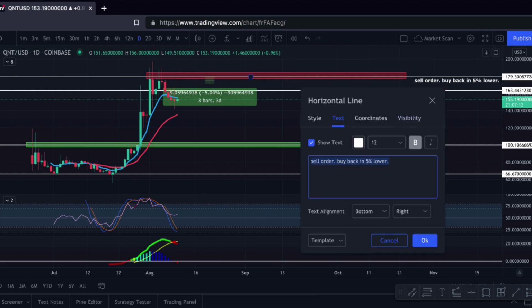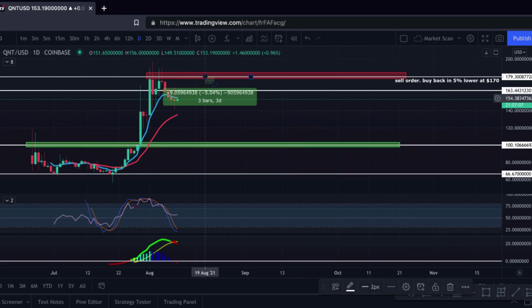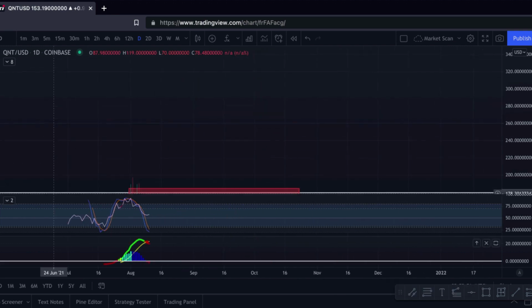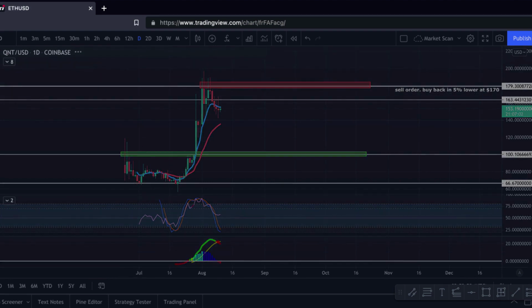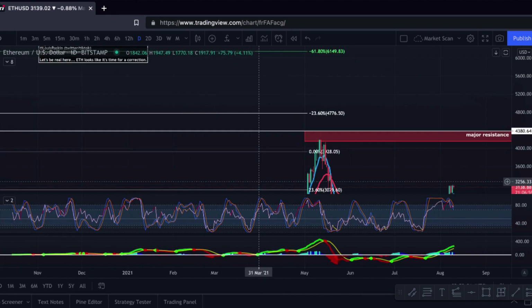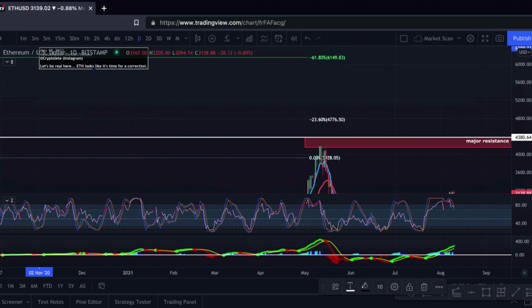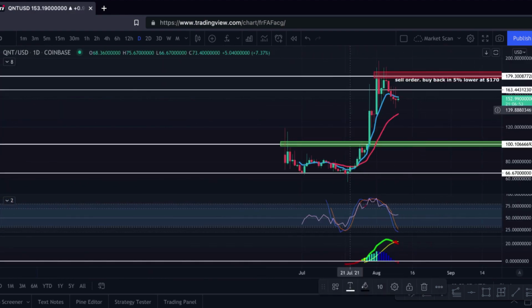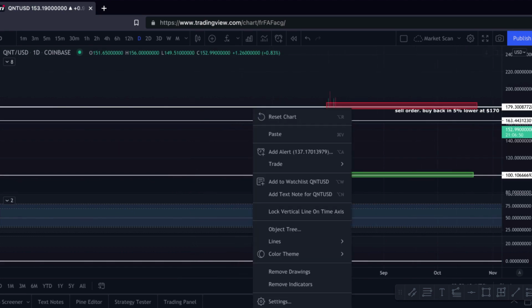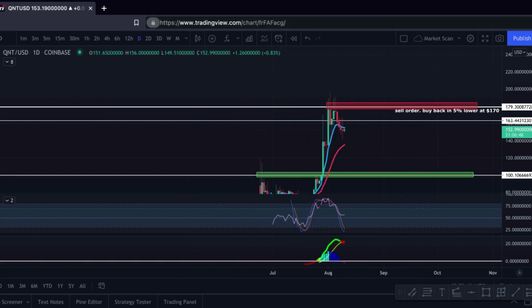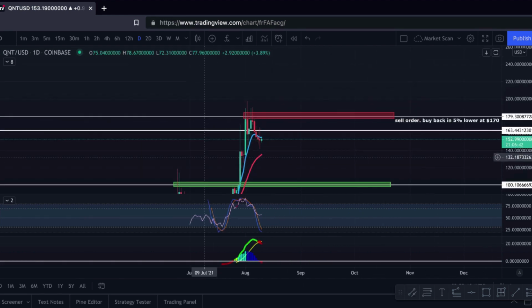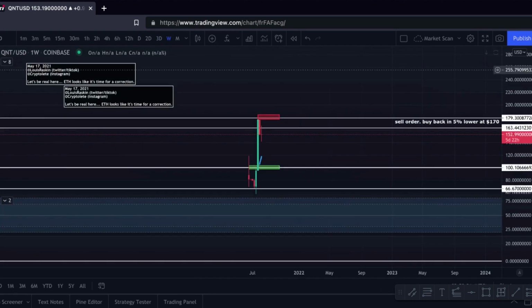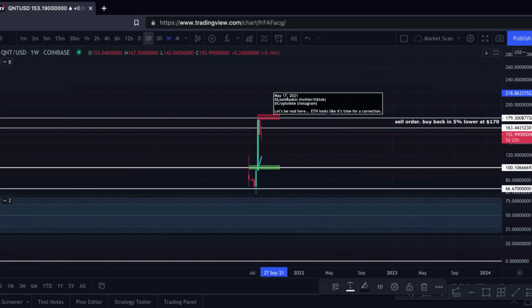At 170, and I need to write a few things on this chart, because this does not have a lot of the stuff that I write. So let me do this. Okay, I'm going to allow. That's fine. Where's my, okay, here it is. So basically, damn, that's